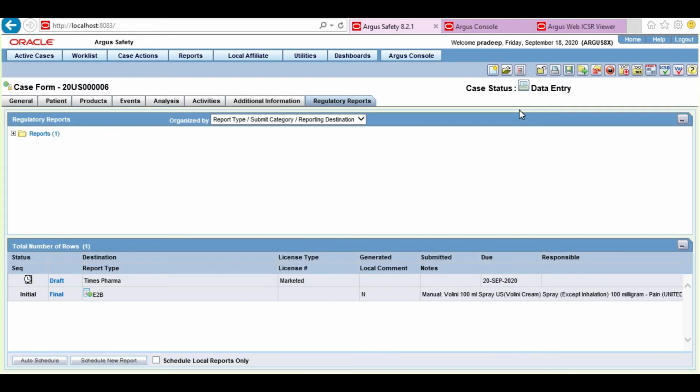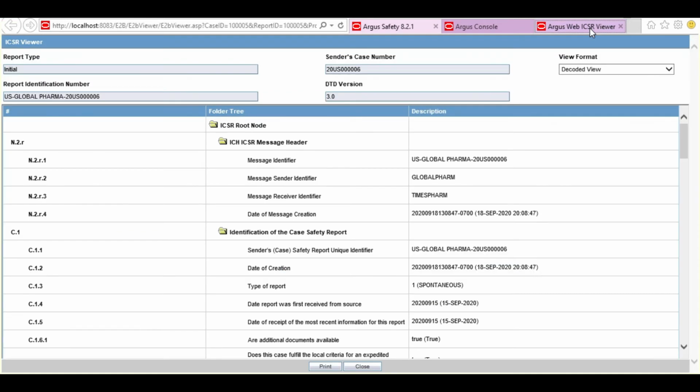Now let us navigate to the Argus Web ICSR viewer screen. In this screen, we have report type, sender's case number, report identification number, DTD version, view format. Under view format, we have three options: XML, decoded view, and the HL7 view.